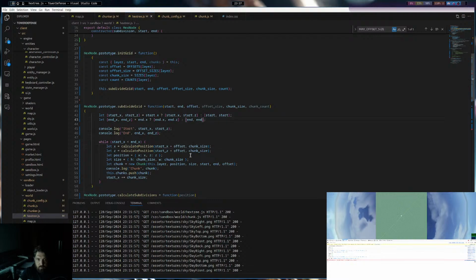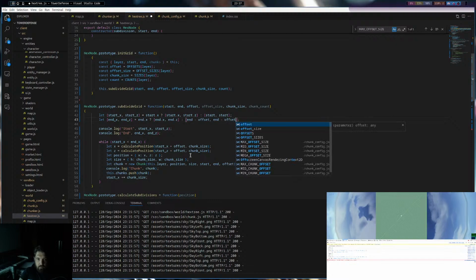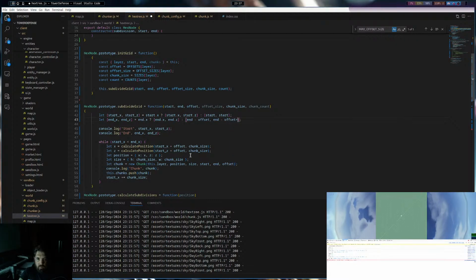Okay, that's pretty close. Minus the offset. I'm pretty sure we did have to do that. Is it really the offset size?